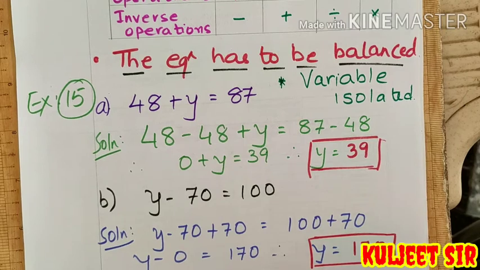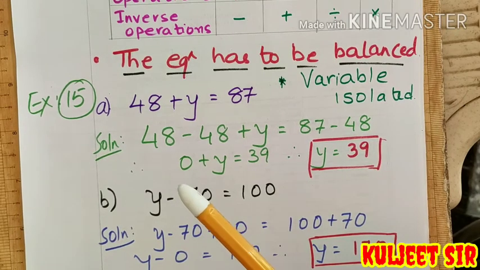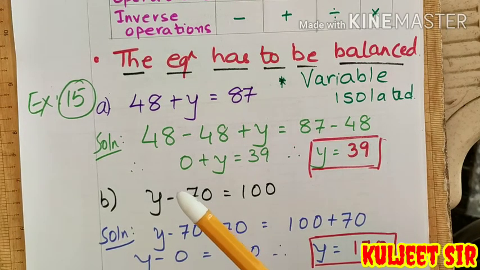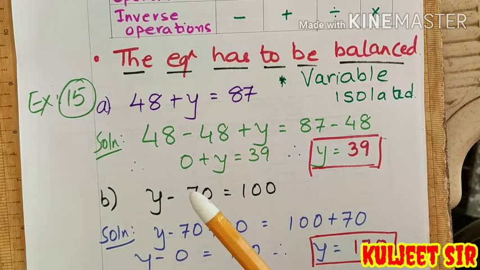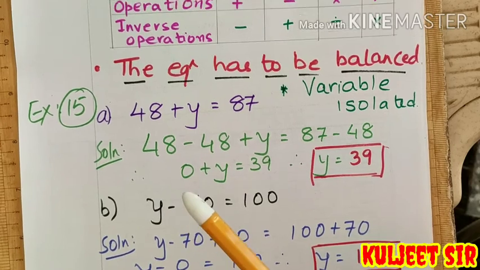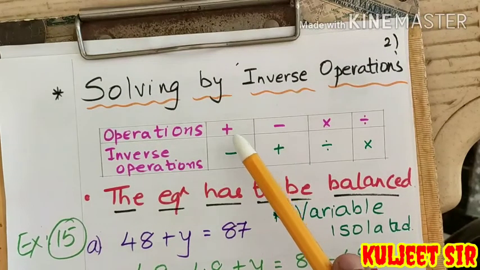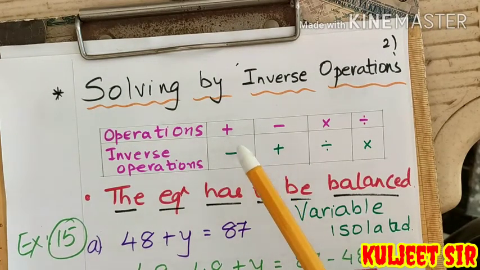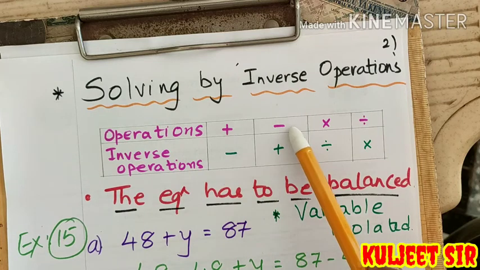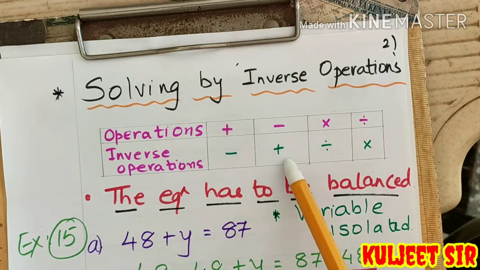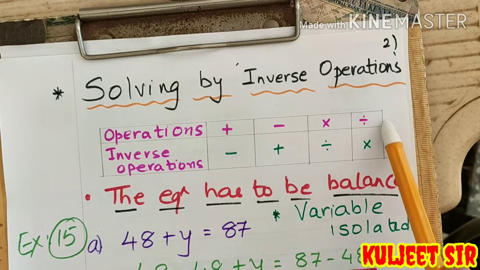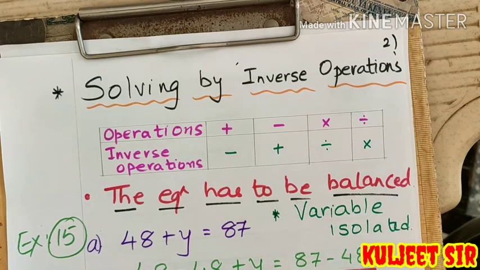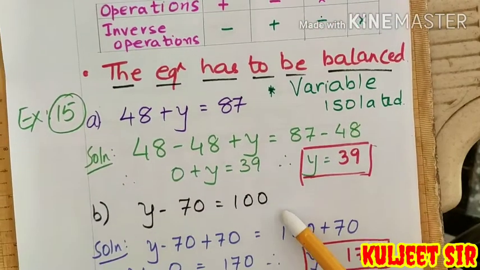Each one of you should be there and having your eyes onto example number 15. I'll read the question. Solve the following equations by inverse operations. Now I told you, you need to remember the box very thoroughly. I repeat again, whenever there is a plus sign, a minus to be put. Wherever a minus sign, there a plus has to be used. In place of a multiplication sign, we have to divide. And wherever there is a division sign, we have to multiply.